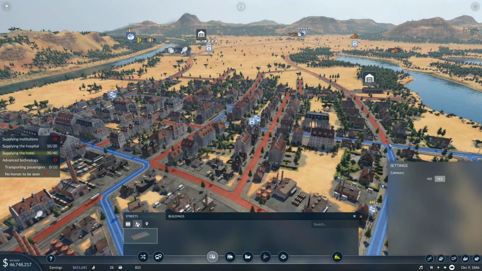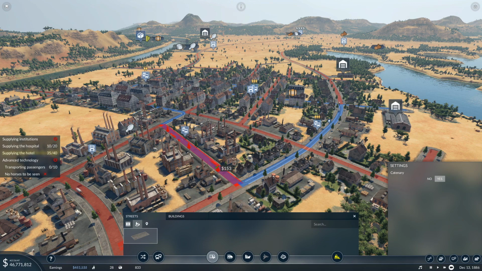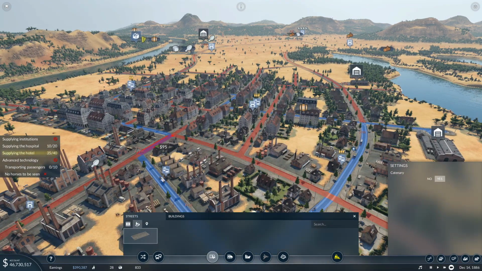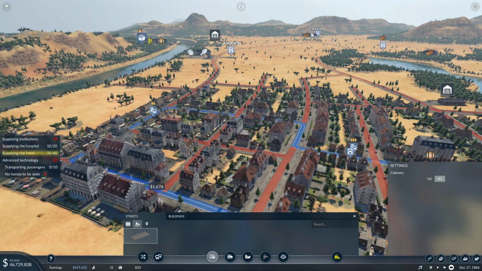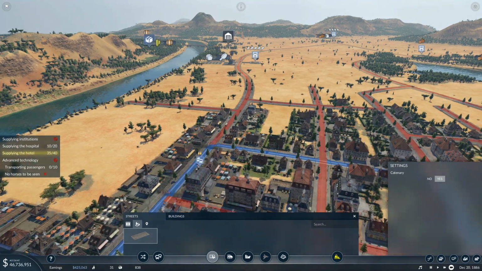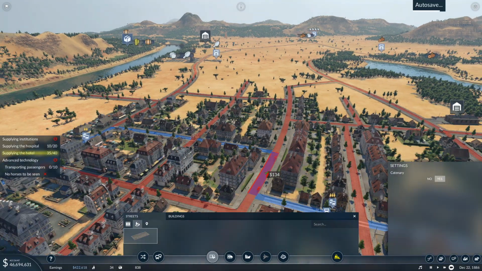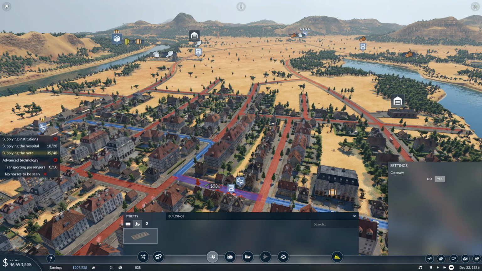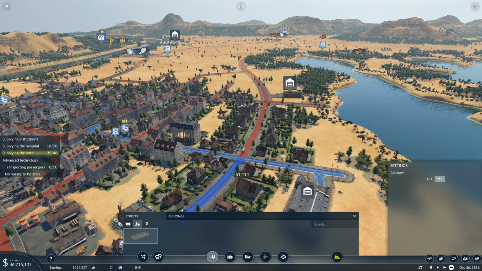But I've no idea. I mean, this says upgrade. So we're going to kind of click it out and back again. We have to demolish it and then just put it back again. Well, we're just going to find out. So we're going to have to...